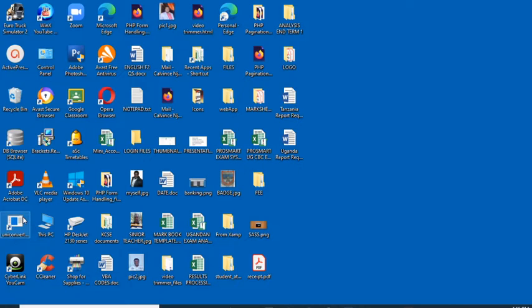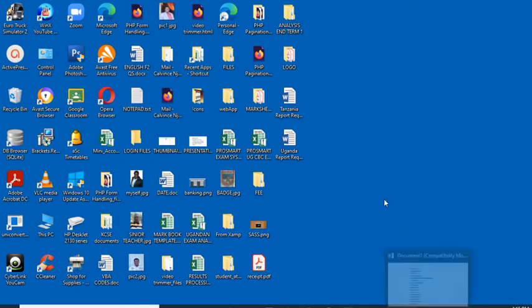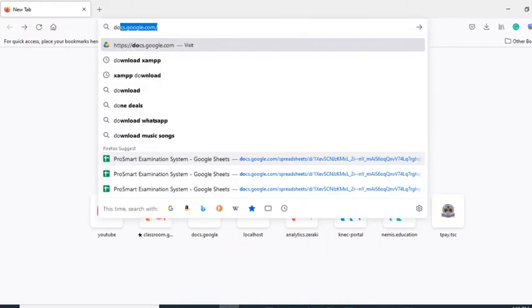To demonstrate this particular software, because it's an online software, it will have to be run locally. But before we run it locally, we need to download XAMPP. So this is the first thing that we are going to do. We want to download XAMPP for me to be able to run my website or my web app locally on my laptop. So to download XAMPP, you will have to head to your browser, then type in download